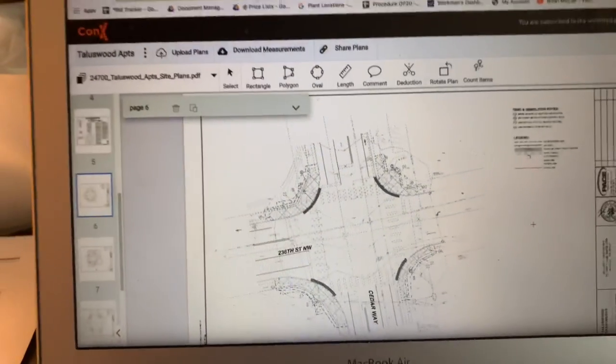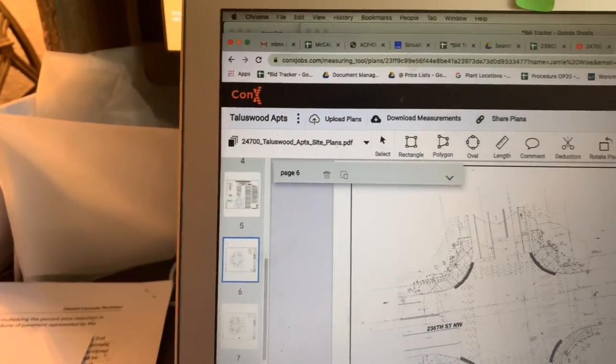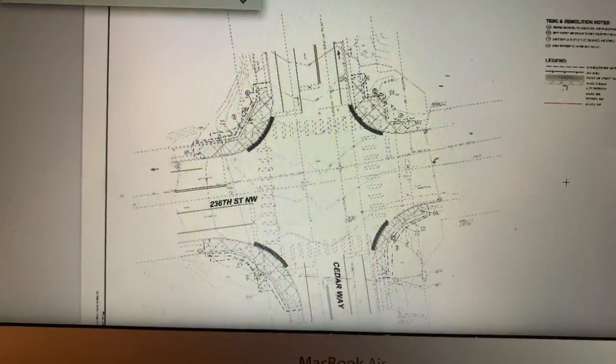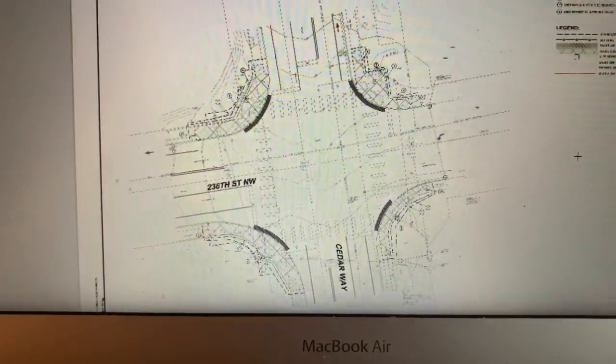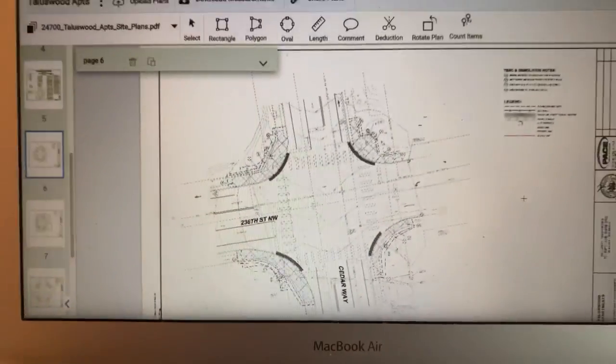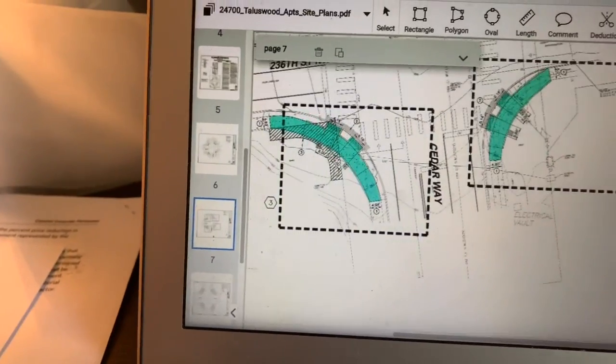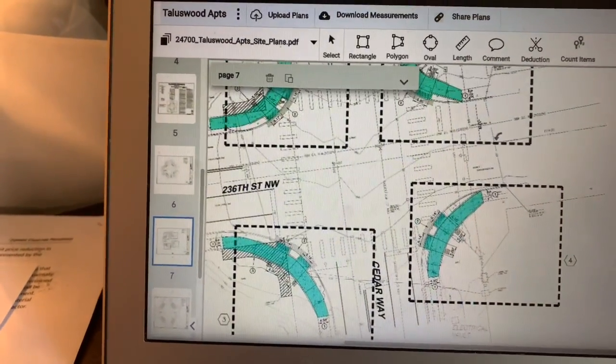Okay, this is a second video to job 24700, Talaswood Apartments. Now that I'm back on my computer, I wanted to give the dimensions and details for the intersection work. These are the 4 ADA ramps that I showed in the first video. So I'm looking at C1.2 where it shows each